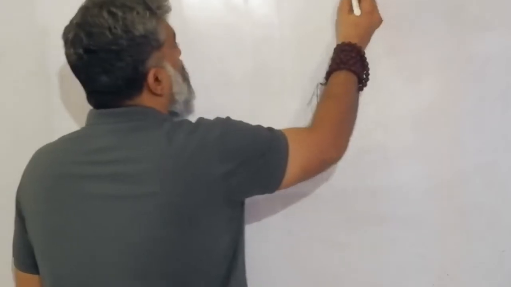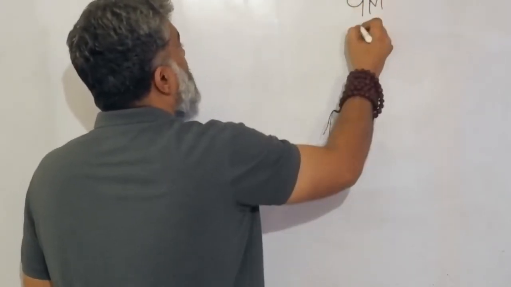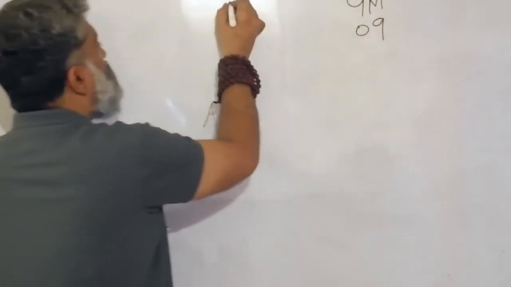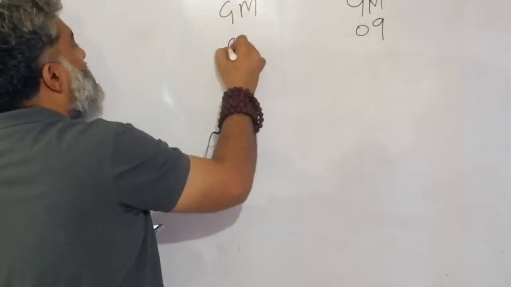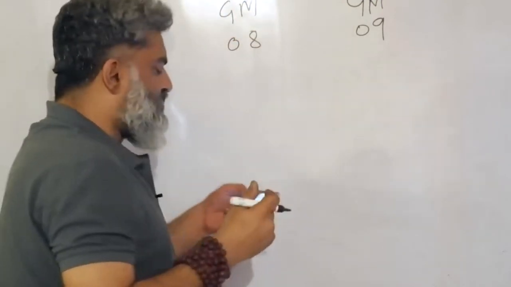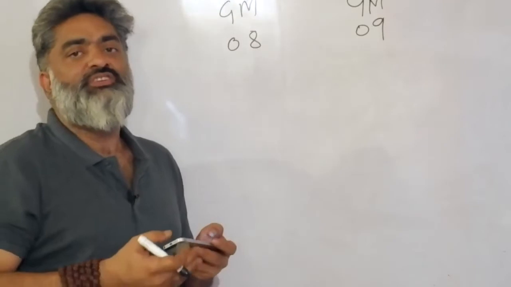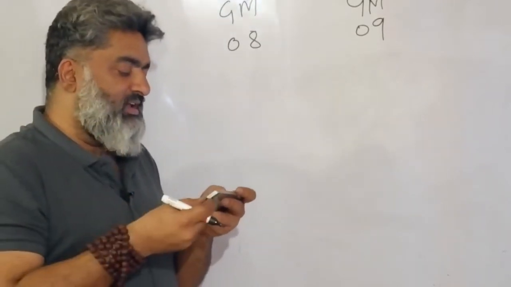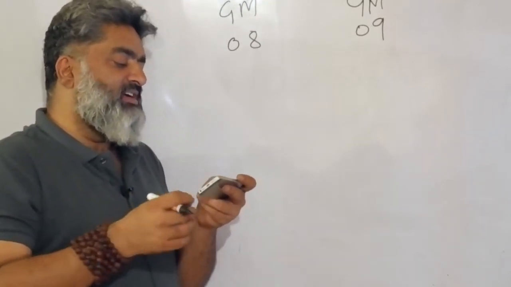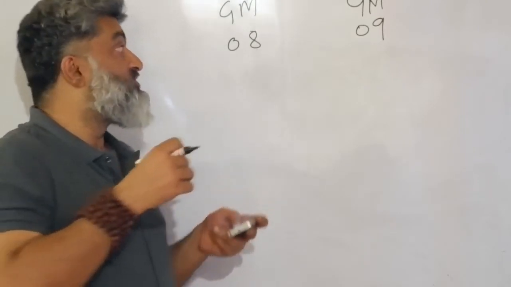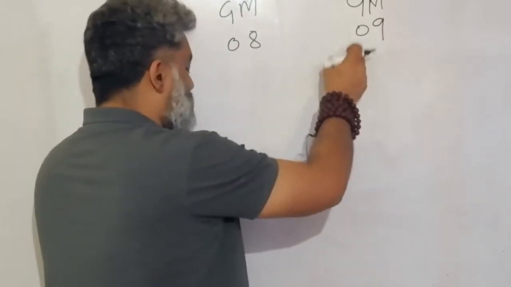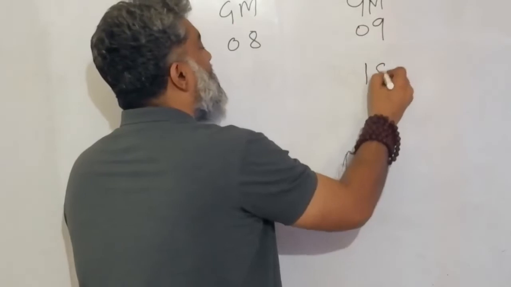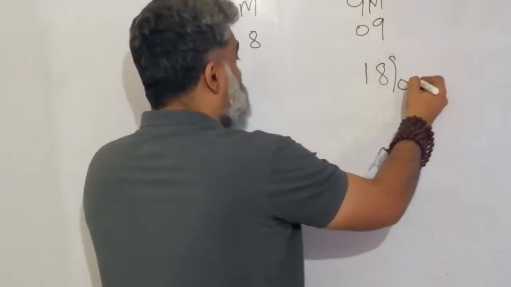That means I want to find out GM in 09. I also want to find out GM in 08. So let me, because this is my first question, just do it very manually. GM is the third category, or 18%. So if I say in 09, I'm looking at the 09 figure, 18% of how much? Of